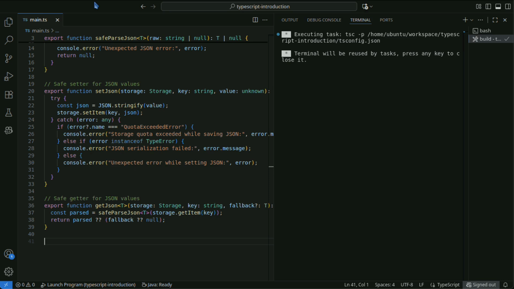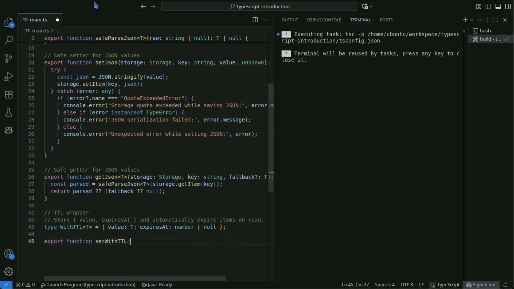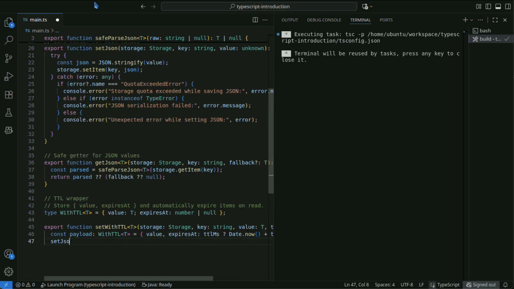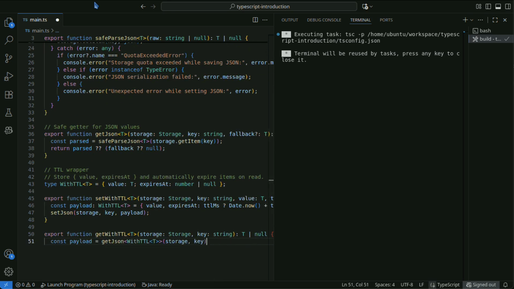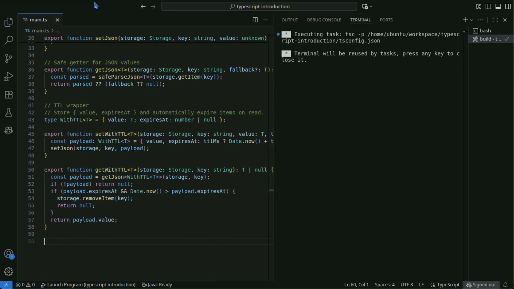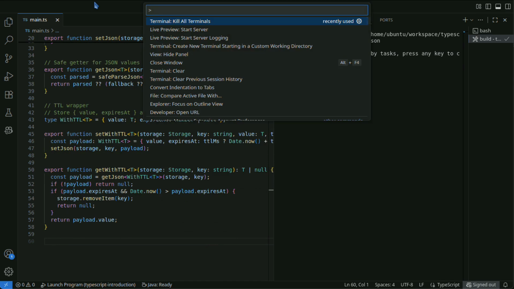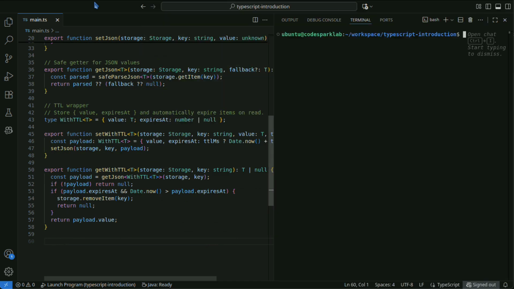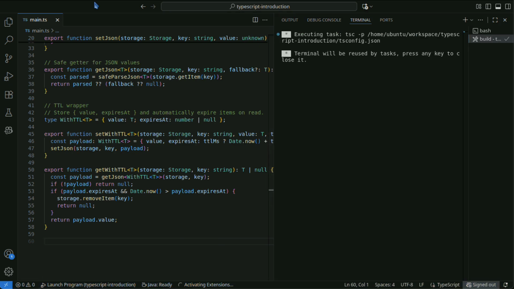Since web storage itself has no TTL, manage it by adding an expiresAt to the value. TTL is effective for cache and autosave drafts, and can reduce inconsistencies.